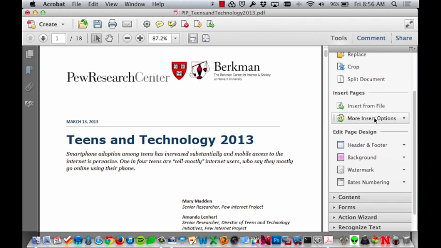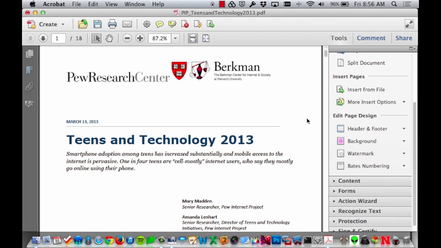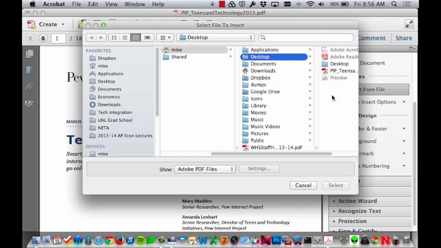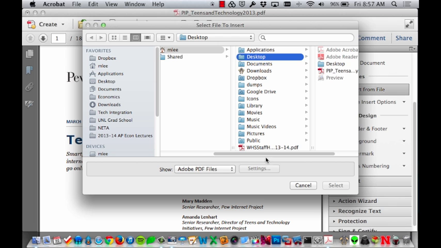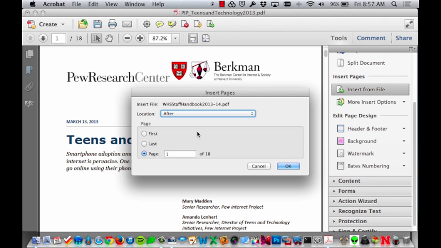I also have, if we look over here under the Insert Pages area, I can take PDFs and combine them together. So if I have maybe 5 different research documents that I want to put into one PDF document, I can do Insert from File, and I can actually go in and select another file, and I can combine these 2 PDFs together. So I happen to have the Westside Staff Handbook. I can select where I want it to go in the document. So I want it to be located after page